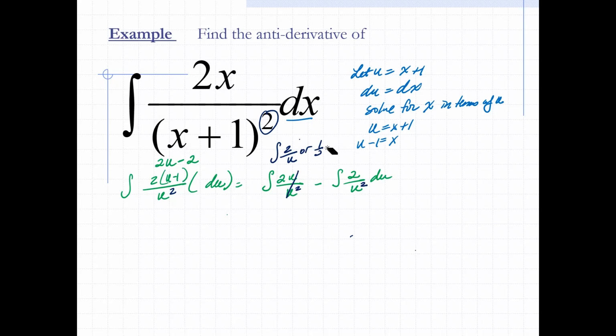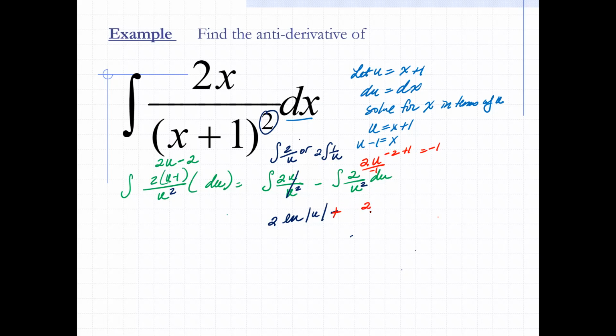or I have the integral of just 2 over the integral of 1 over u, which is perfect because that looks even better. I know that the integral of this first part right here is just going to give me a 2 ln u. And then, of course, the second one here, this piece right here, I am going to move that u up. So I have a 2u to the negative 2. Add a 1 to the side, gives me a negative 1 divided by negative 1. So the integral of this is just going to be a negative times a negative, which is going to be a positive.